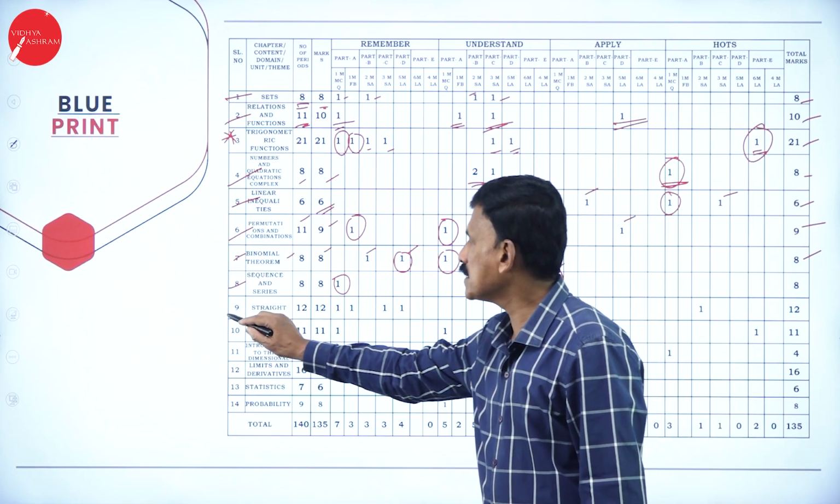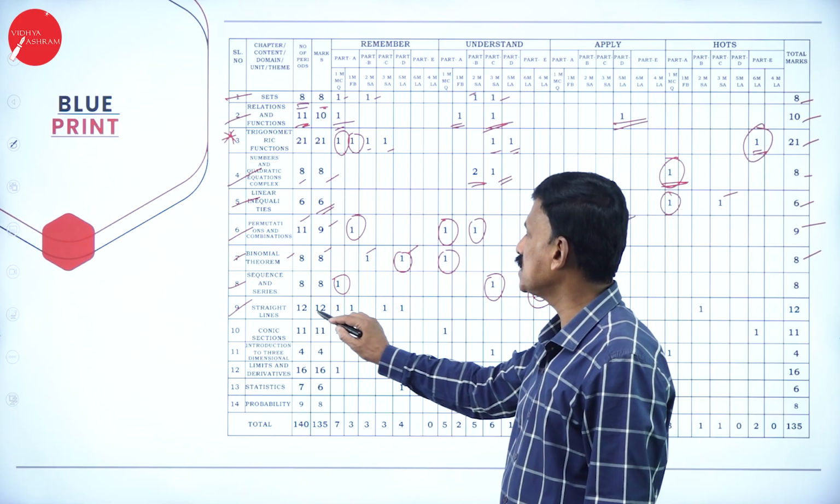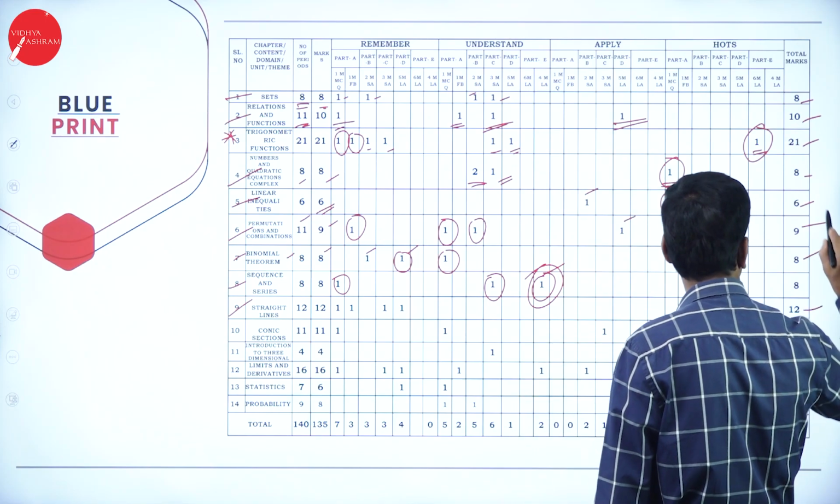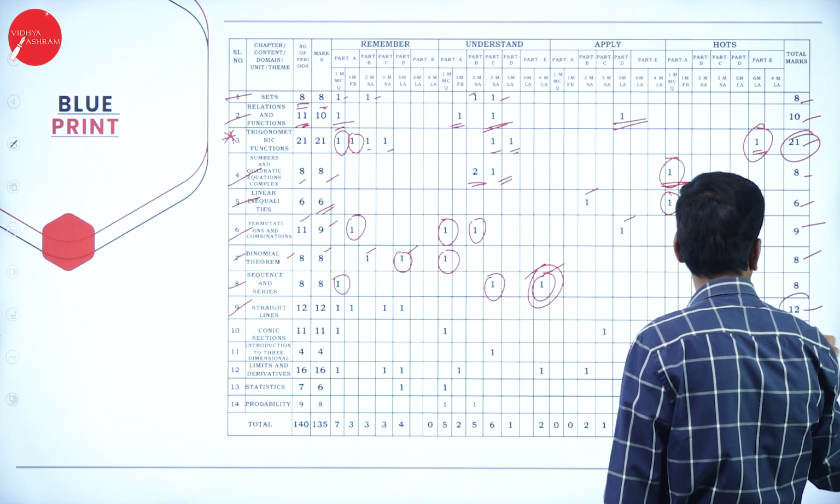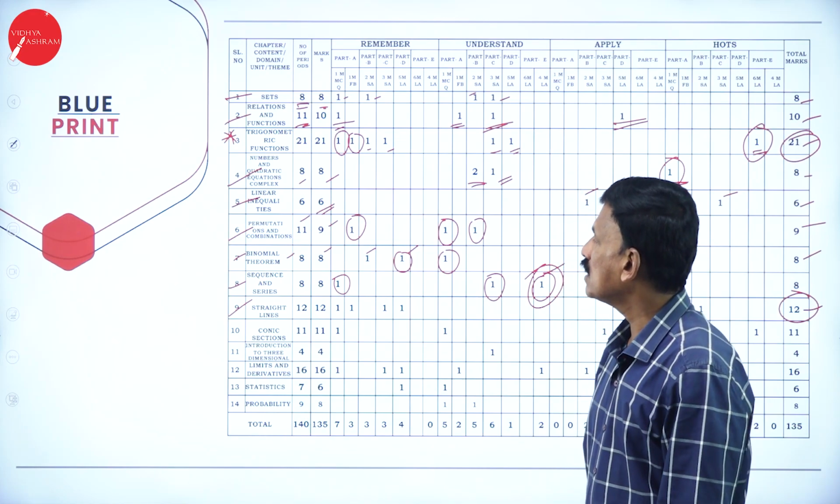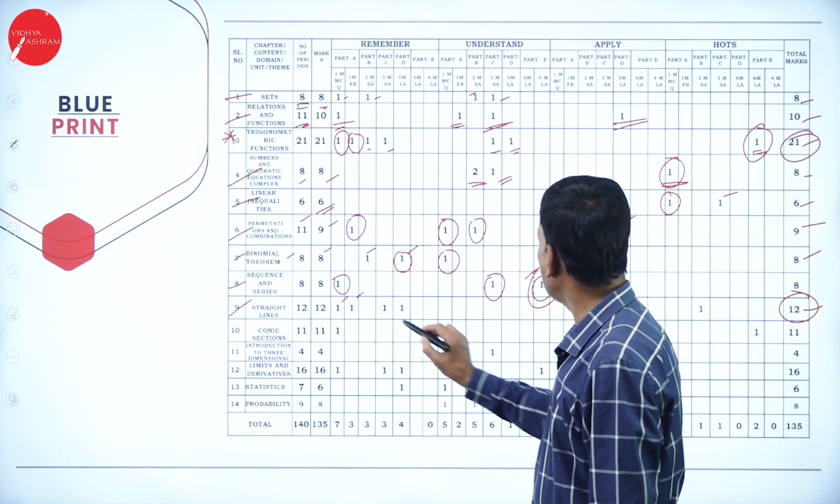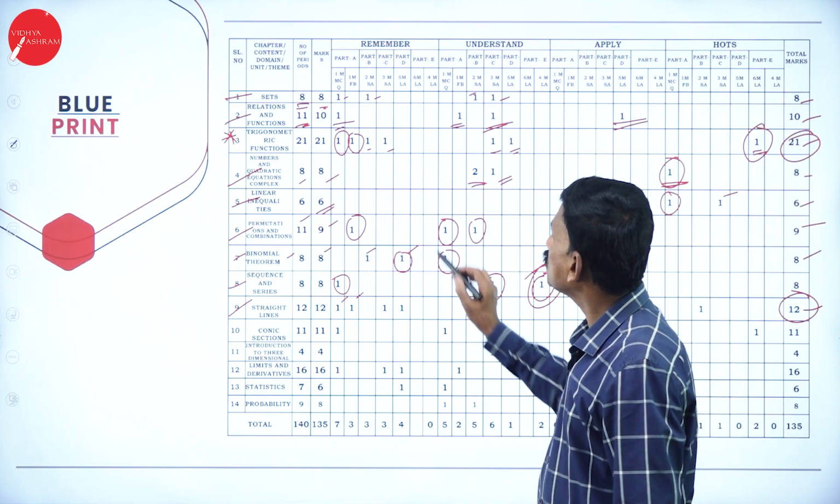Next, straight lines. Here also for straight lines the number of teaching hours is 12 and the weightage is also 12. So this is also an important chapter. Next to trigonometry, the biggest chapter is 12 marks, that is straight lines. So in straight lines you will get one MCQ question and one fill in the blanks, and also 2 marker